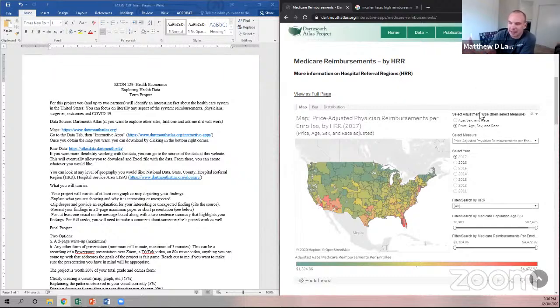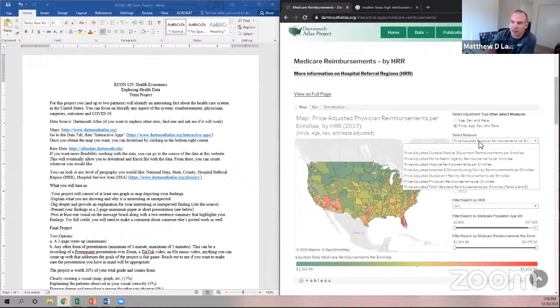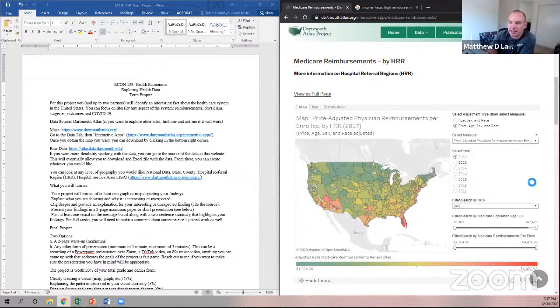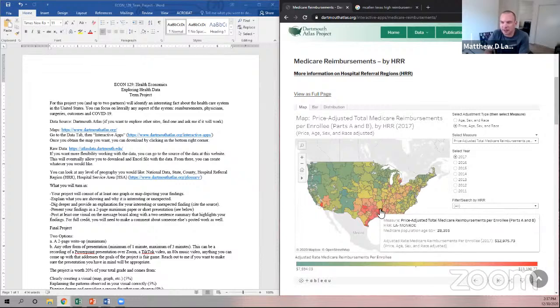And it has it in a nice clean format, where you can just actually select whatever you want on this measure. And once you click on it, you click on hospital reimbursements per enrollee, outpatient facility reimbursements per enrollee. I'm going to click on total Medicare reimbursements per enrollee and see what that looks like. So give it a second, and what comes up here is we've got a lot of red here, kind of in the South and in Texas and a little bit in Arkansas, Louisiana. And you can see as I scroll over it, it tells me what the actual Medicare reimbursement per enrollee